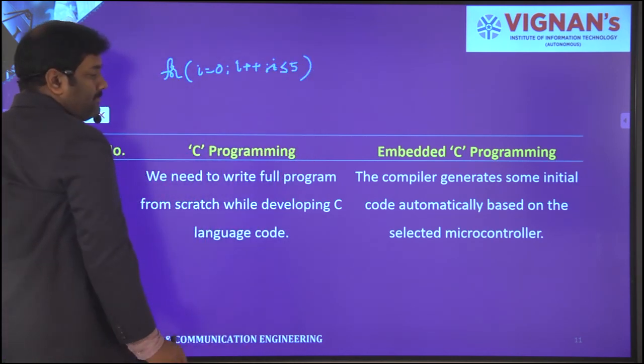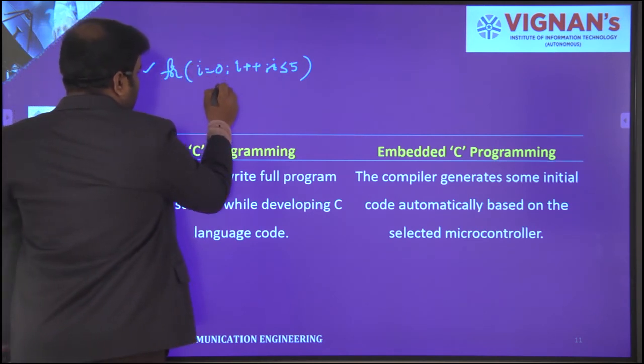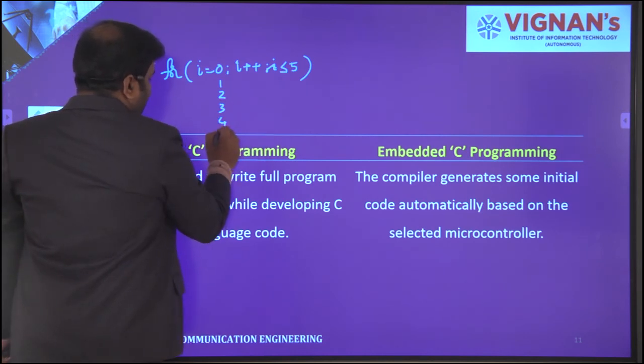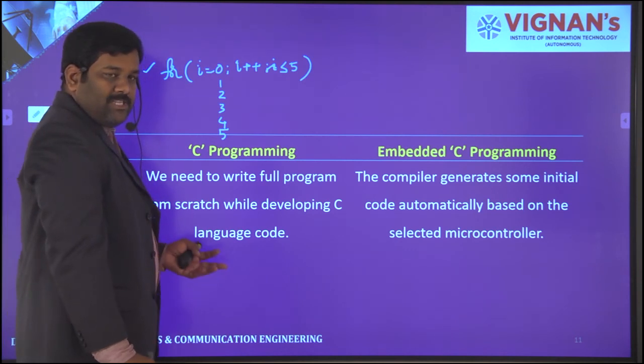Then i has to check 0, 1, 2, 3, 4, and less than or equal to 5, so it has to check for 5 also, and then the corresponding output has to be displayed.